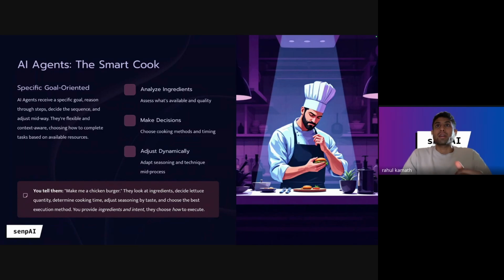All these things are decided backwards from the goal here. So an AI agent is smart enough and it's flexible to the context. So maybe if the patty was cooked a bit more, maybe add a little less salt or add more salt. So all these decisions are taken on the go, and it works in some places, right?